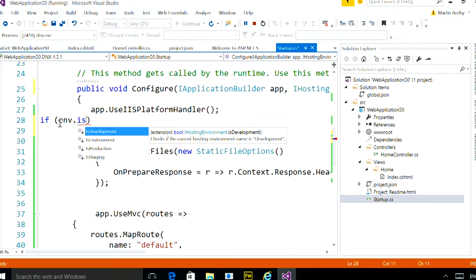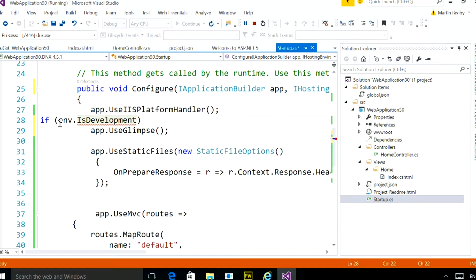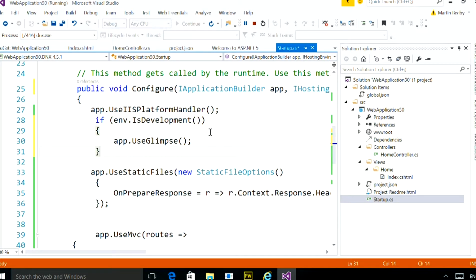And there's a few which you can see. IsDevelopment is a particular type of environment; there's also IsProduction and IsStaging. So I'm just going to say IsDevelopment. And then only when this application is in development mode, add that to the pipeline. So Glimpse isn't going to be put out into my production. And this works, by the way, it checks the environment variable for a keyword